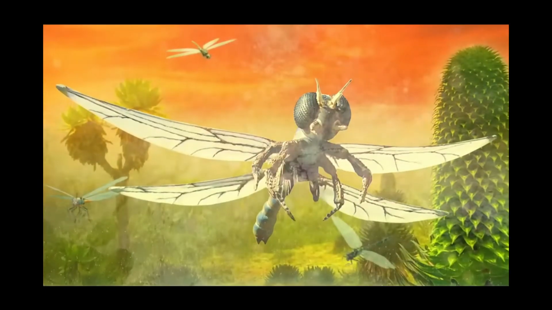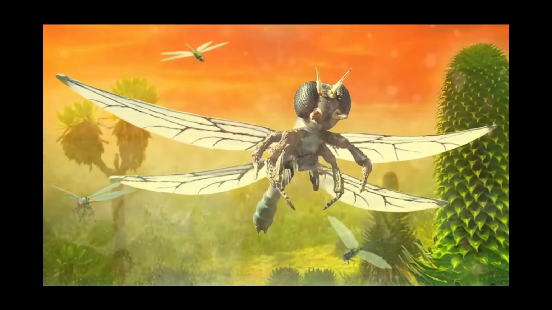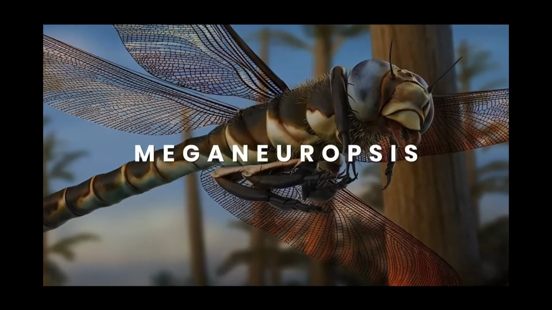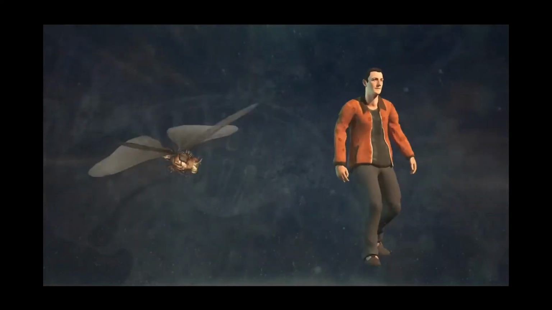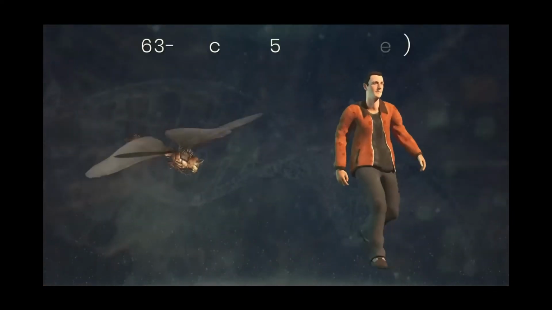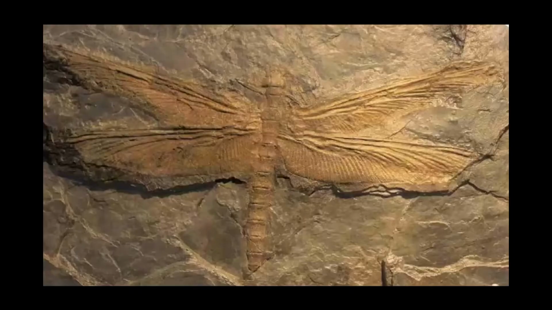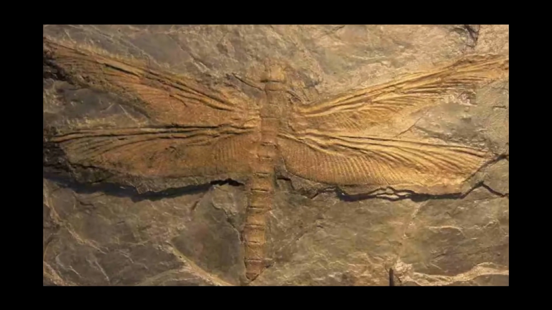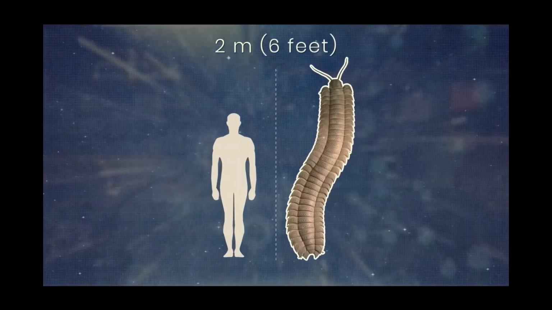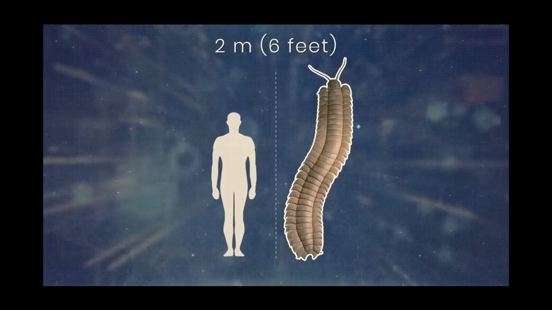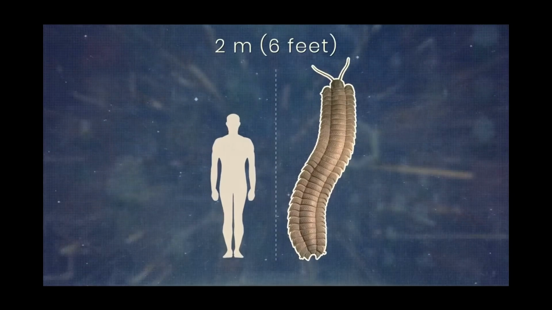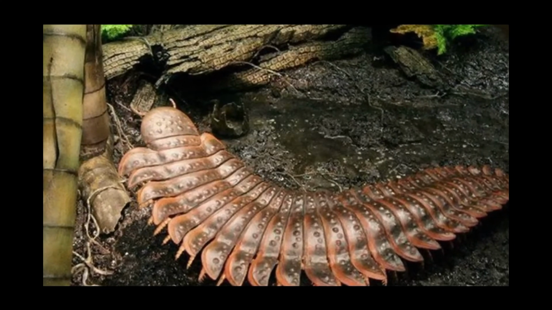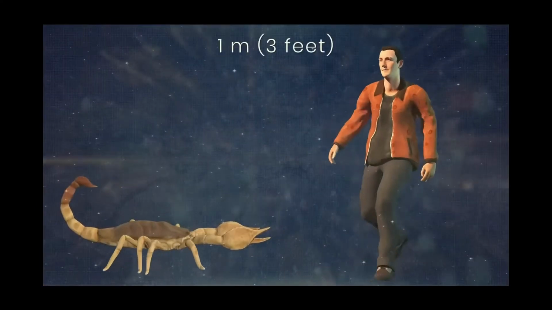One of those were giant insects called Meganeuropsis, which closely resemble modern-day dragonflies, had wingspans of 63 to 68 centimeters, and could be seen in the skies during this period. One incredibly detailed fossil of a huge dragonfly that died 320 million years ago was discovered to have a wingspan of 0.75 meters. Deadly poisonous centipedes, 2 meters long, crawled around with mammoth cockroaches and scorpions as big as 1 meter long.